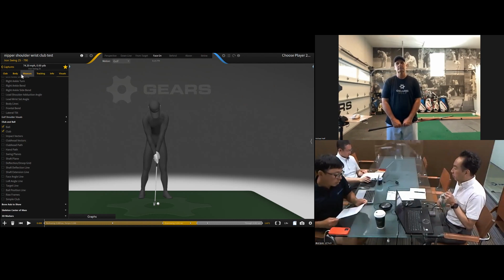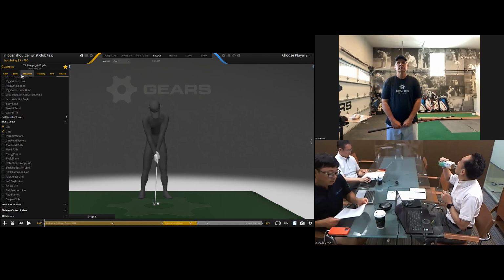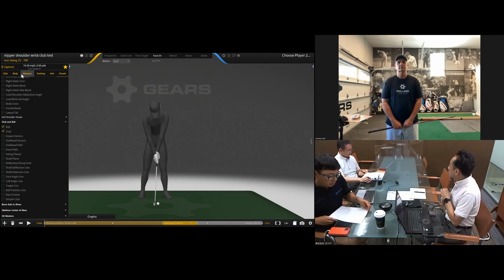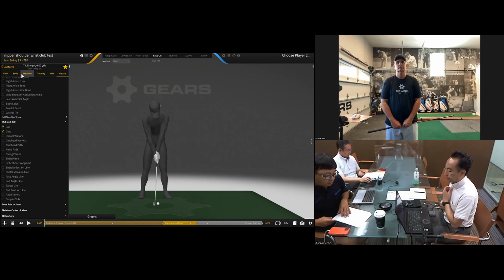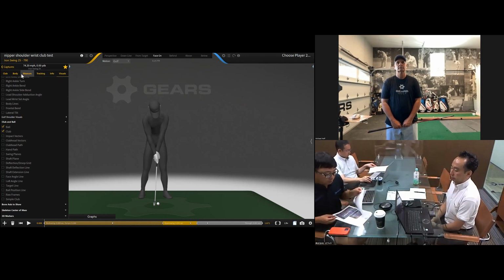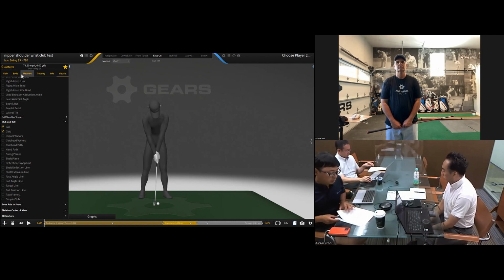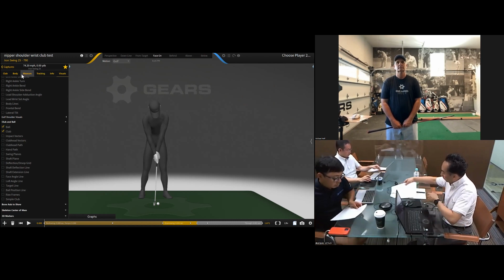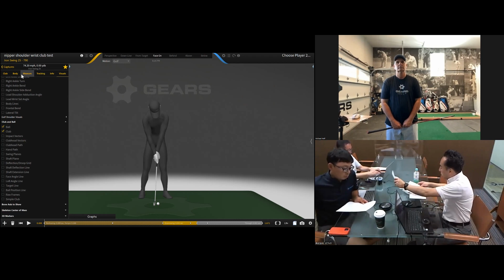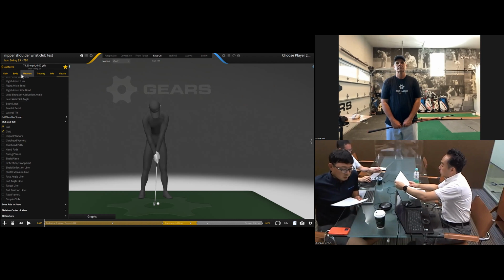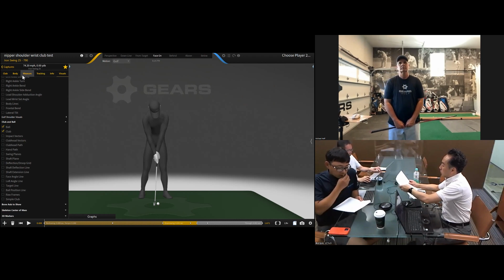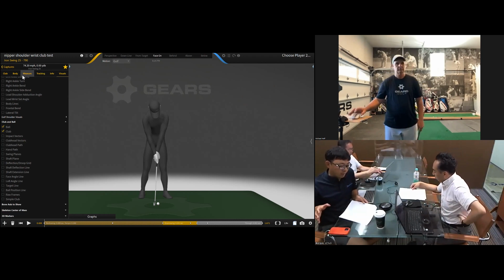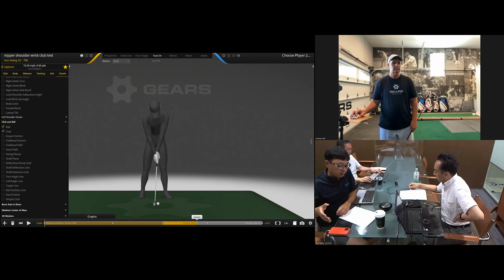Okay, so the next question is, at the impact, is there any appropriate range of numbers for the shaft